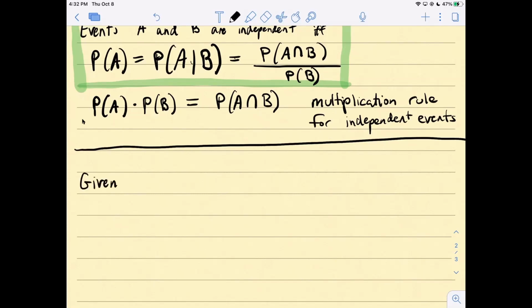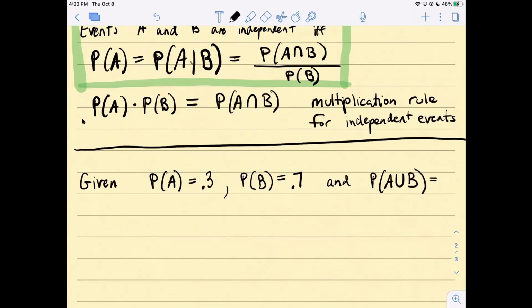So, given the probability of A equals 0.3, the probability of B equals 0.7, and the probability of A union B is equal to 0.9,